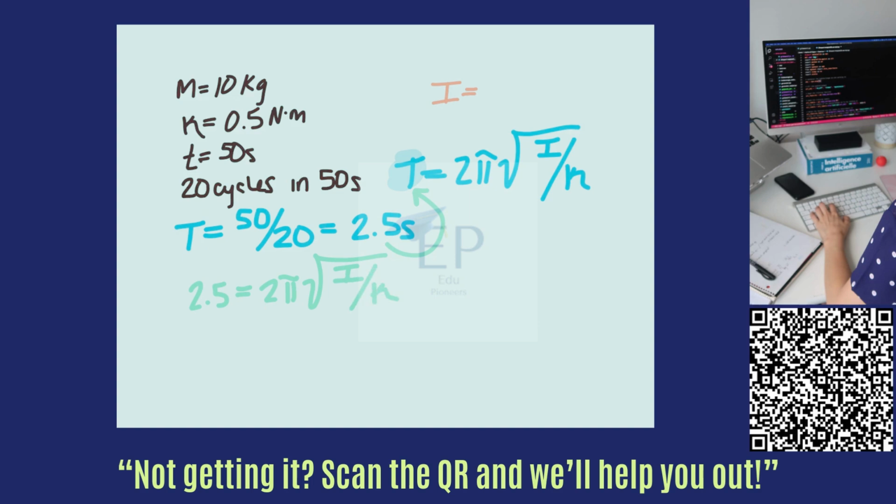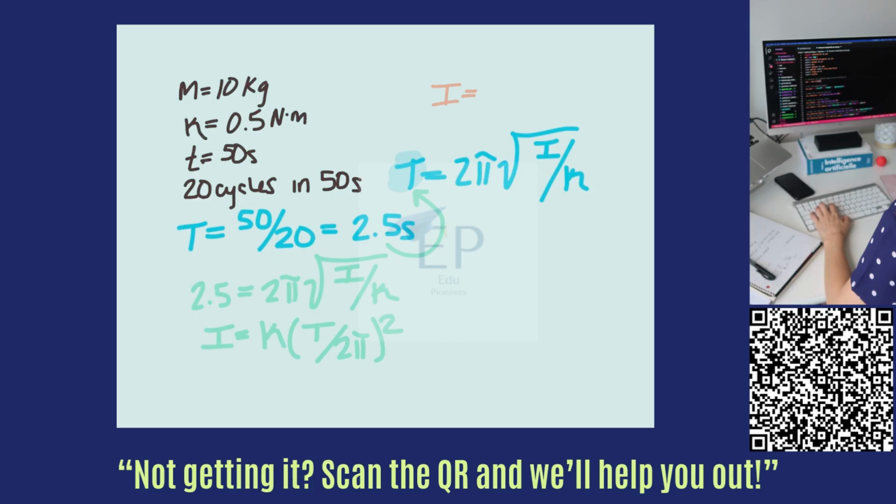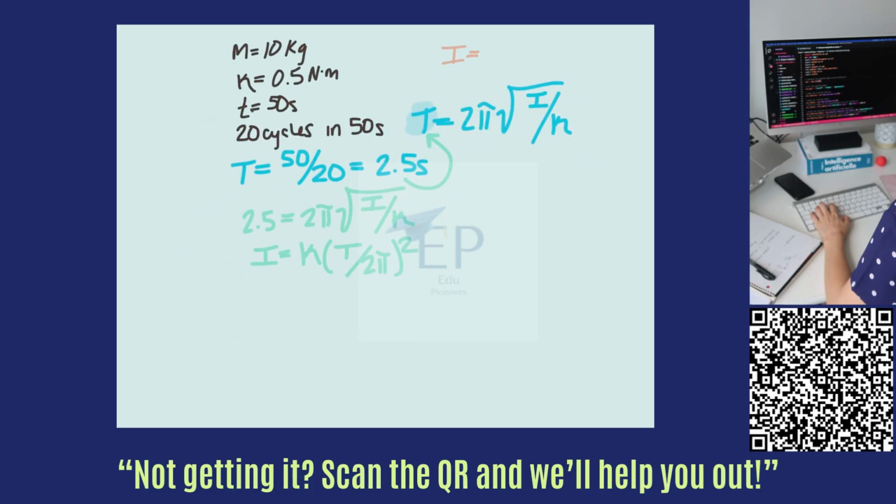And we can rearrange this to solve for inertia, which is what we're trying to find. And we'll have that inertia equals torsion times T divided by 2 pi, squared. So when we plug in our values, we have our torsion is 0.5 newton meters times our 2.5